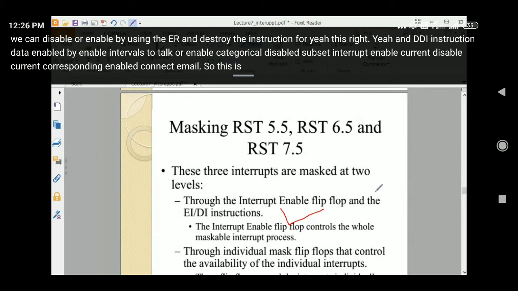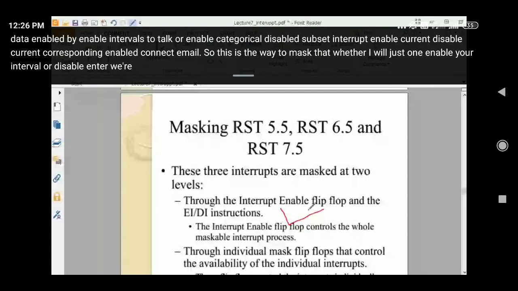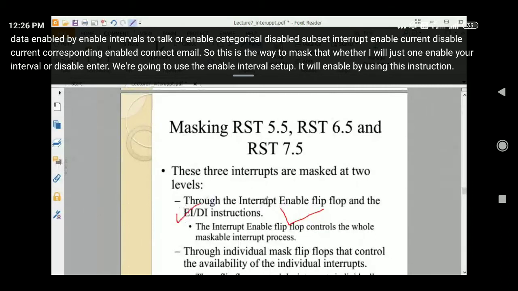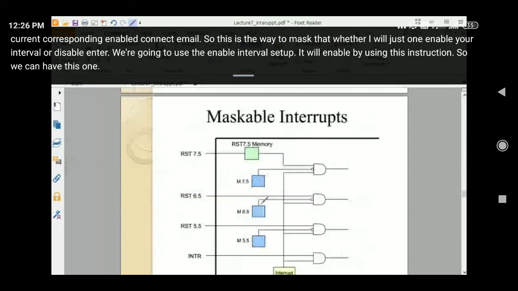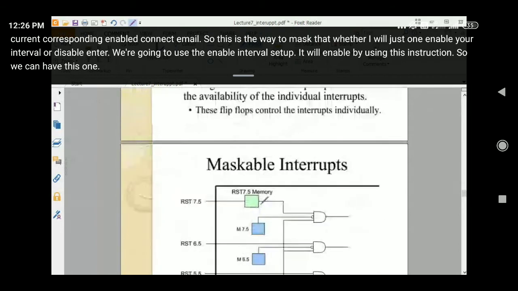So this is masking: whether I enable or disable the interrupt, we use the interrupt enable flip flop, which is enabled by this instruction.